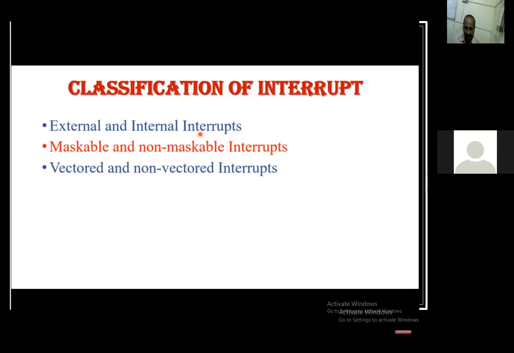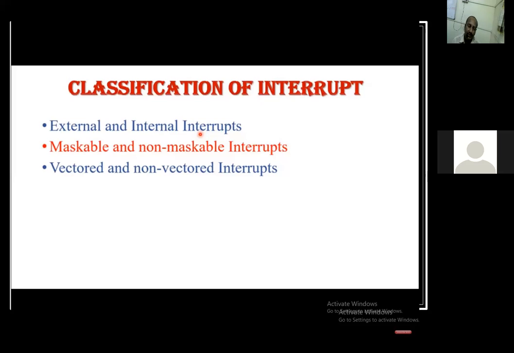And internal interrupt, which we can also call a software interrupt, means there are many circuits implemented inside the 8051, like timers T0 and T1, or TX, RX for serial communication. They are also one type of internal interrupt.